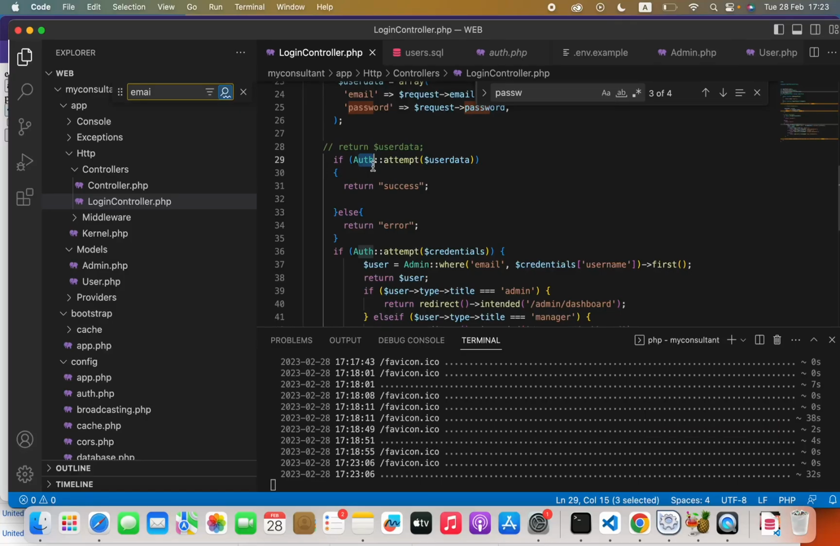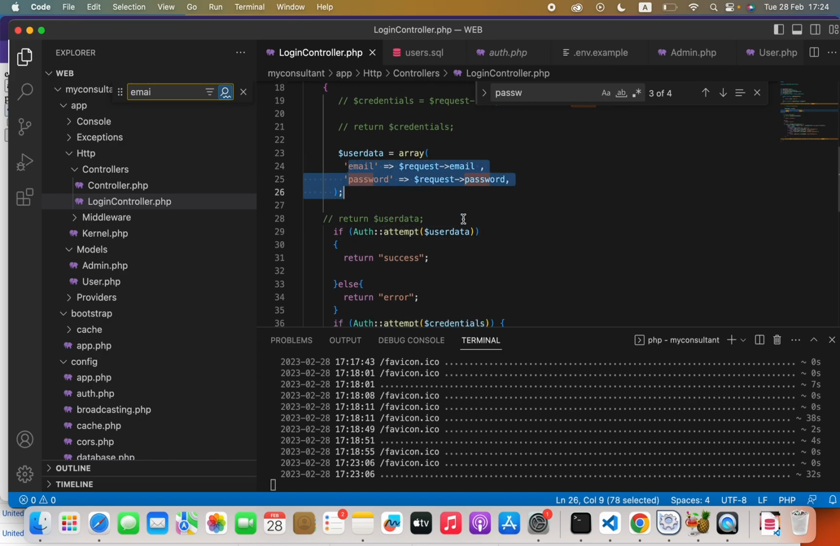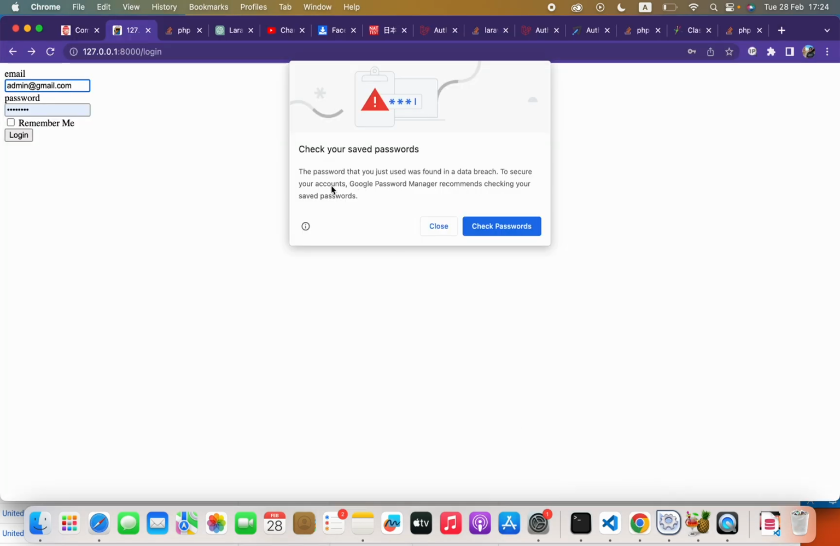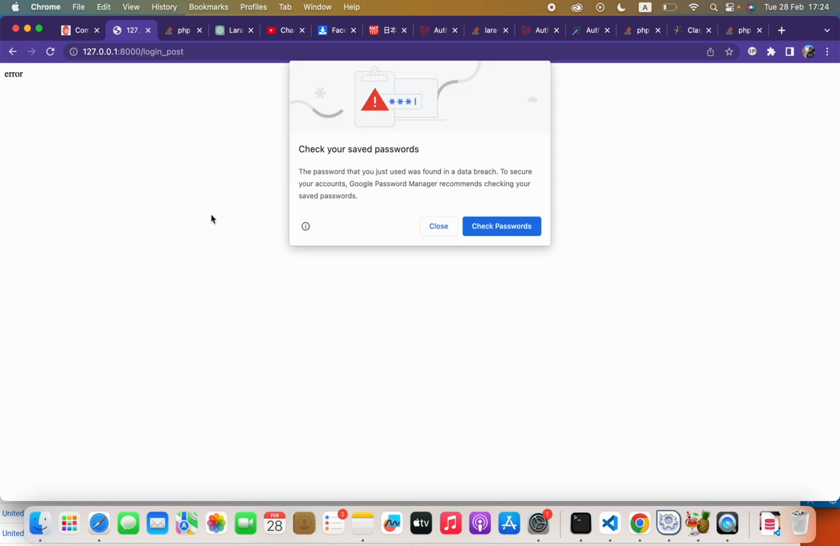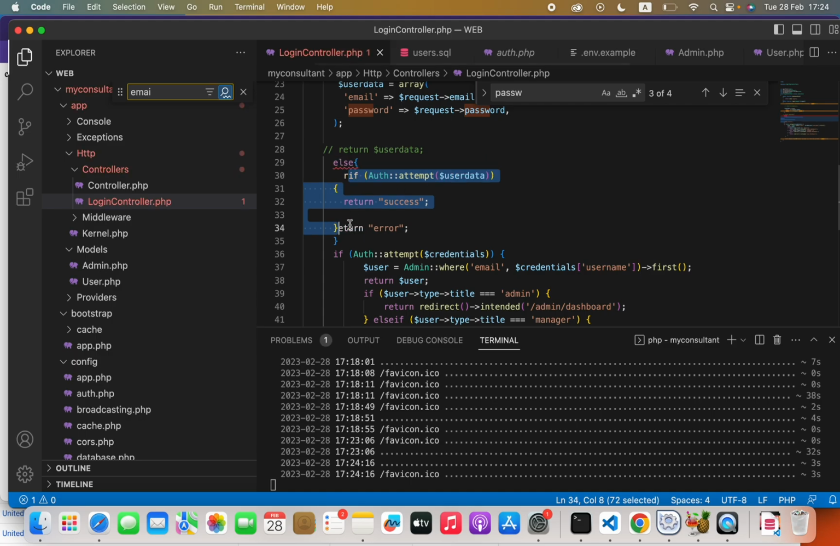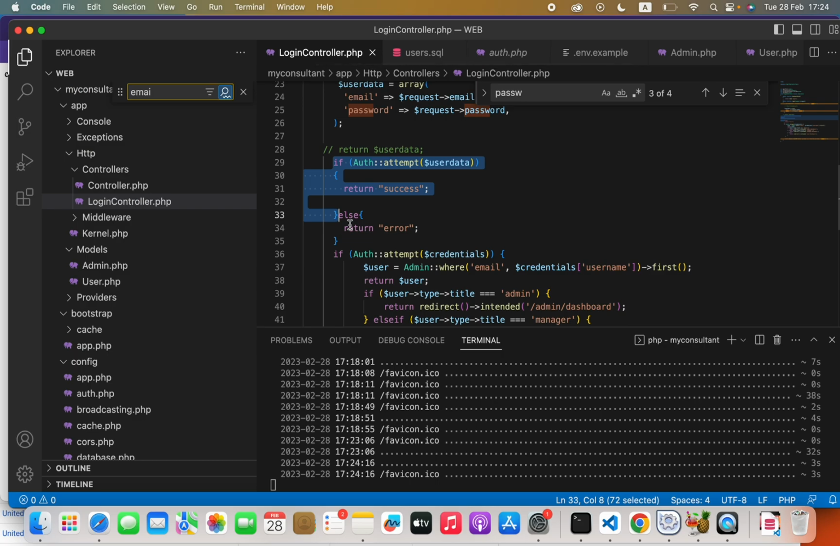Hello everyone, are you experiencing this Auth::attempt, and your credentials always return false even though these credentials are correct? Let me go ahead and show you. Here these credentials are correct, but if I try to log in, it outputs an error because this is outputting false, so the else statement will be executed. So what we have to do,